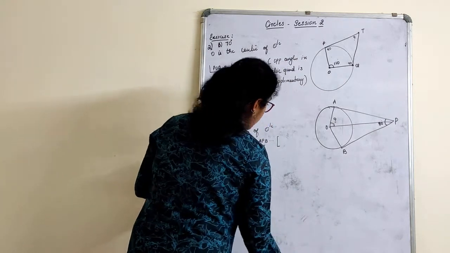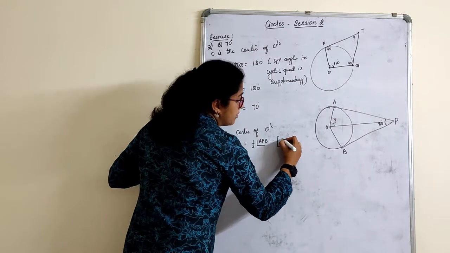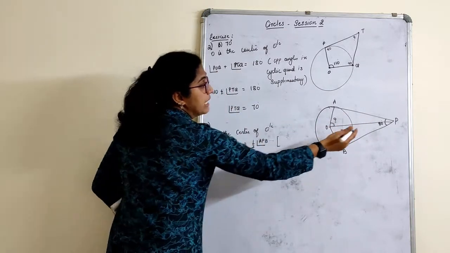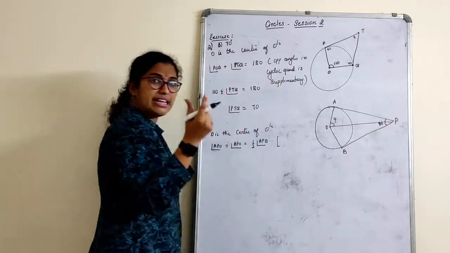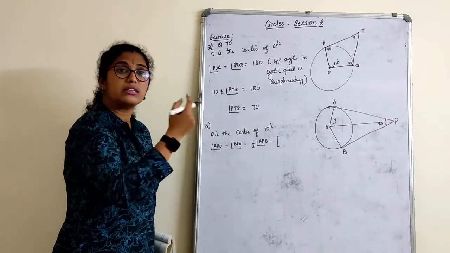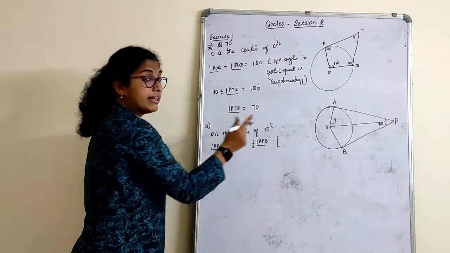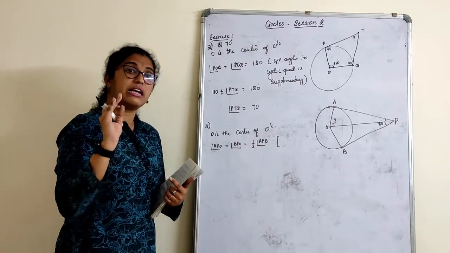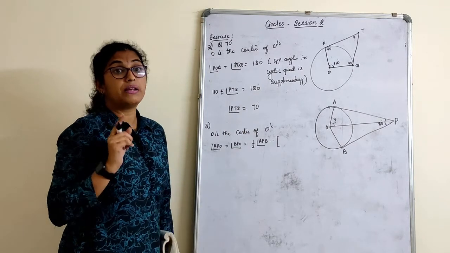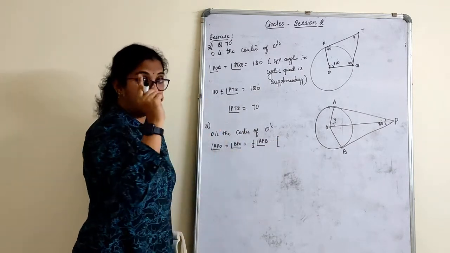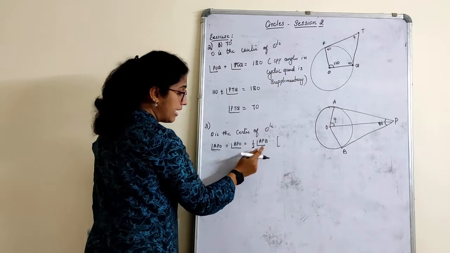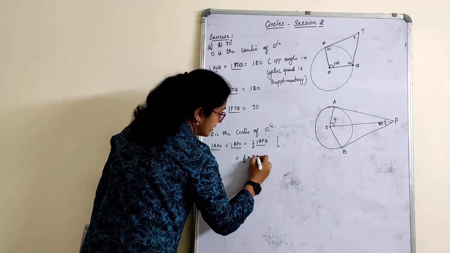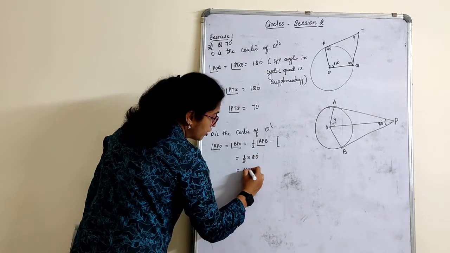So theorem, what is there? Please write it here, children. If tangents are drawn from an external point to a circle, then the inclined angles, the theorem's second statement, what it is there, please repeat it here. That's more important. If you write half APB and write no reason, it is absolutely wrong. Reason should be written correctly. Second point, what you write here is half. So that is nothing but half into 80, which is nothing but 40 degrees.